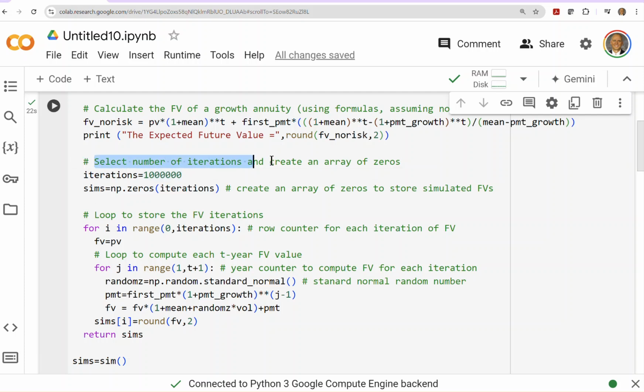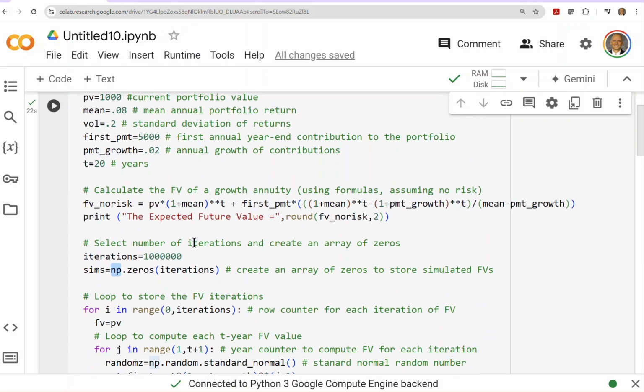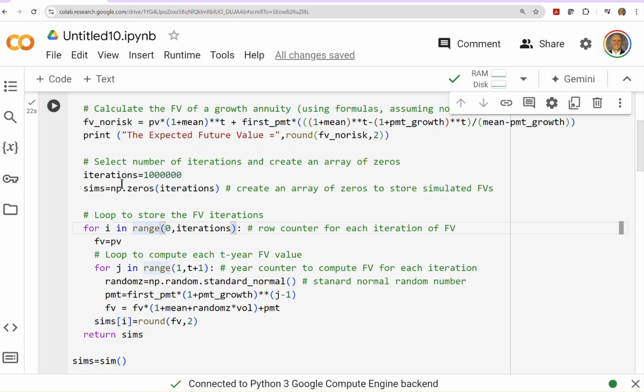I'm gonna first select a number of iterations, and I'm gonna do 1 million iterations. Why not, right? We're just using web resources from Google. So I'm gonna have 1 million random future values. The more you do, the more likely it's gonna converge upon the true value. And then I'm going to do a code from NP. Remember, NP is NumPy. NP has a